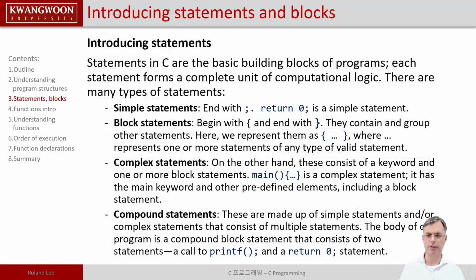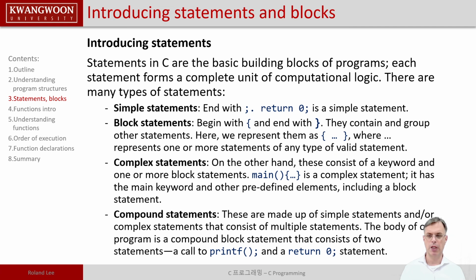Okay, and we can continue with introducing statements. Statements in C are the basic building blocks of programs. Each statement forms a complete unit of computational logic. There are many types of statements, and they are made up of a wide variety of elements. A simple statement, as you see here, is for example return 0